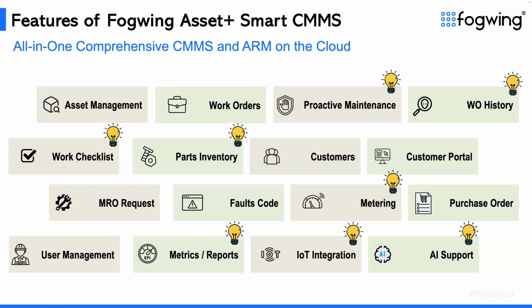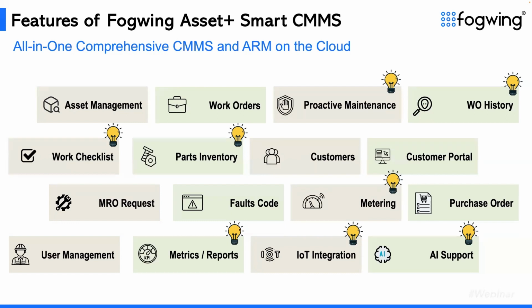So the modules include asset management, work order management related to assets, and proactive maintenance, either preventive, condition-based or predictable, and work history, tracking the history and a summary of the work history for knowledge management, enforcing checklists with the help of AI-based checklists, which helps to bring the global maintenance knowledge into the hands of your maintenance engineers to start following best practices when they do their maintenance tasks,